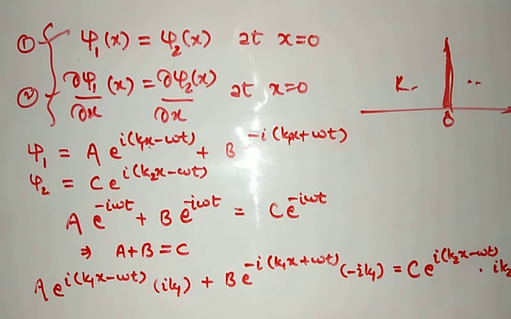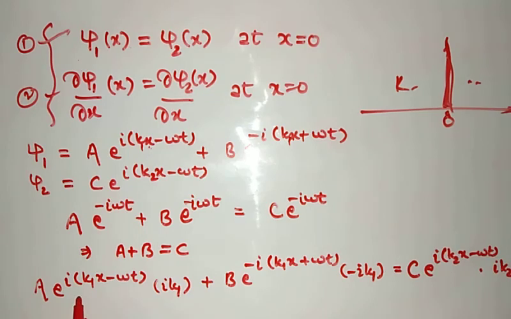Okay, so this is ∂psi 1 upon ∂x, and this is ∂psi 2 upon ∂x. Now for x is equal to 0, we will have A e